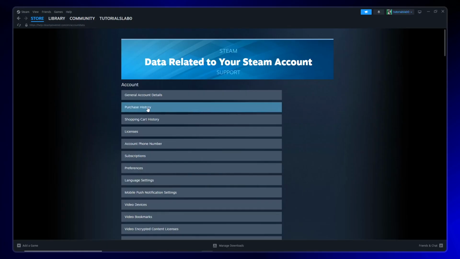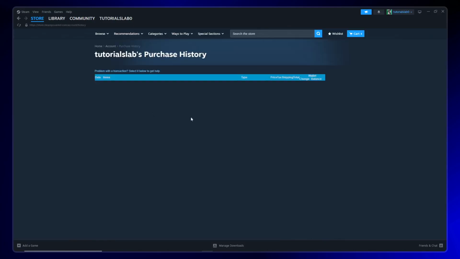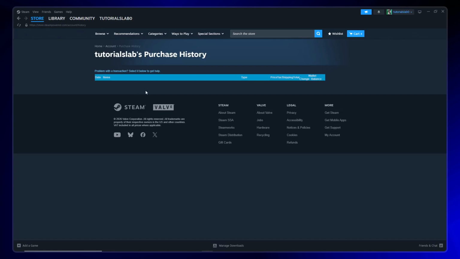Now, within this section, you'll see an option labeled Purchase History. Click on it to view a detailed breakdown of every transaction you've made on Steam. Although I don't have any purchases right now, this is where you'll see all your purchase history, including the total cost of every game you've purchased. Each transaction is listed with the date, game title, and the amount you paid, giving you a complete financial overview